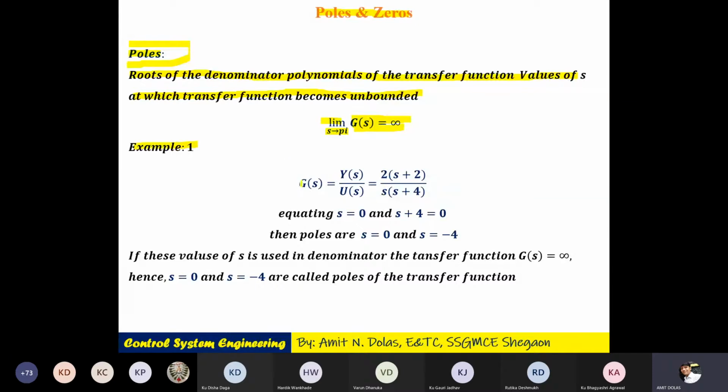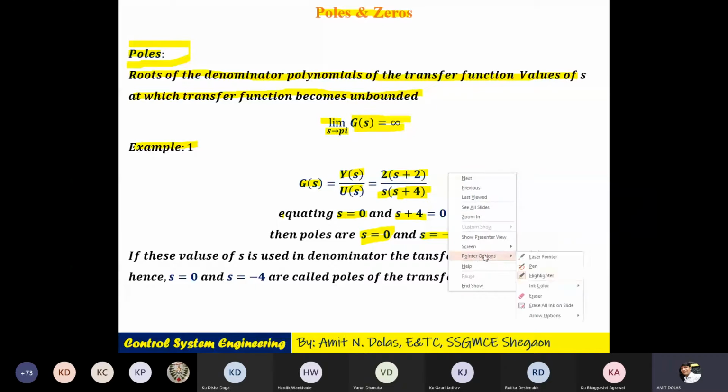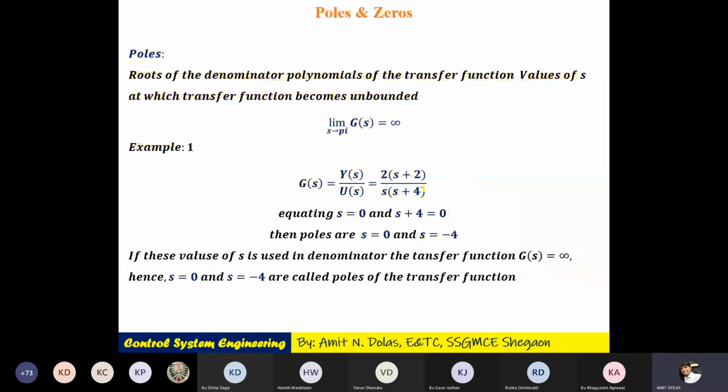Example: I have a system G of s, Y of s upon U of s, which is (2s plus 2) divided by s into (s plus 4). Equating s equal to 0 and s plus 4 equal to 0, the poles will be s equal to 0, which is called a simple pole, and s equal to -4. These are the two poles. You can see in this equation, if I put s equal to 0 or s equal to -4,